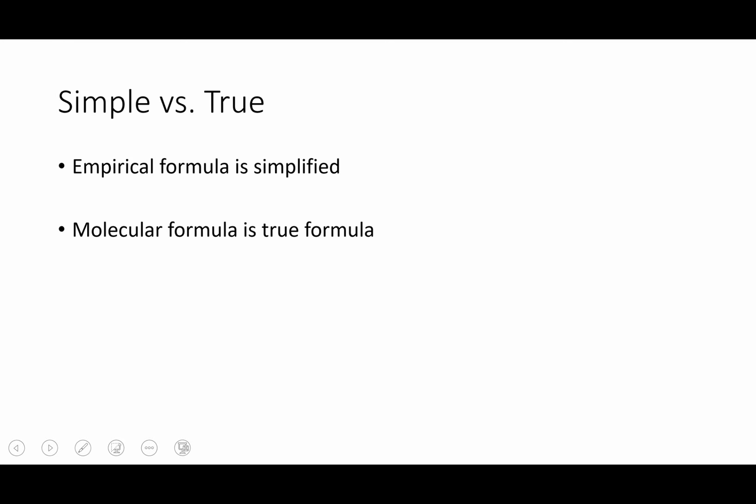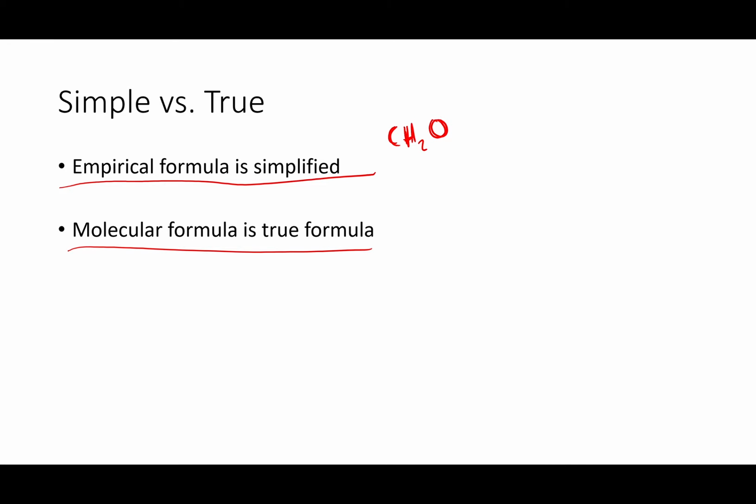Reading page 13 will give you details on what an empirical formula is and what a molecular formula is. So the big takeaways from the page: an empirical formula has been simplified, so it is the lowest possible whole number ratio, something like CH2O. You cannot reduce those subscripts any lower, like a fraction, whereas a molecular formula is going to be like